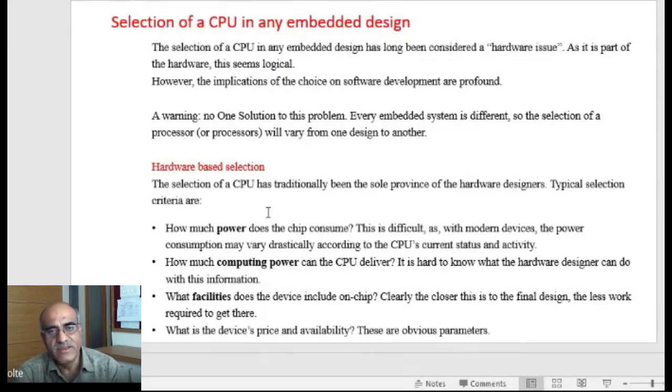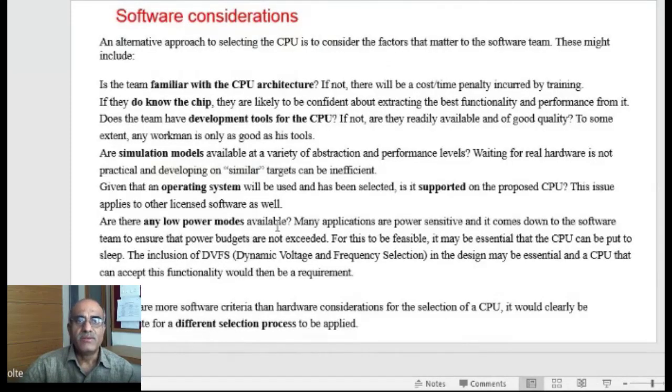So as engineers we will find out what type of power there would be in that embedded design, and depending upon that power requirement or consumption, we will select what type of CPU would be there for that embedded design. Then what are the facilities that are provided by that device? If that is a microcontroller, how many IOs are available? Is the timer available or not? Is the counter available or not? What facilities are there along with that ARM processor, rather than only the execution of routines? Okay, so these are the hardware-based selections, but for the software there are also many considerations,